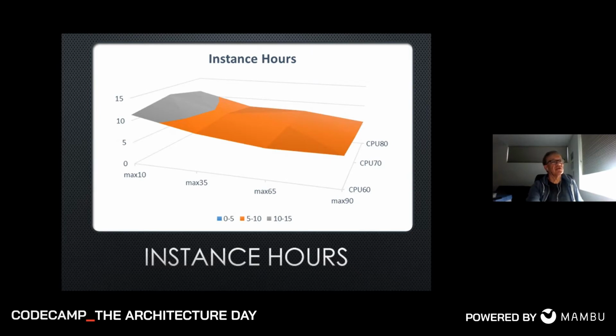So here you can see that the cost of the request when the maximum concurrent request was low was pretty high, sorry, compared to when we have more concurrent requests and a higher CPU utilization. We're paying considerably less. So up to about 14 instance hours here, and probably more like 6 or 7. So you can see the trends here. Again, there's kind of a peak here of value.